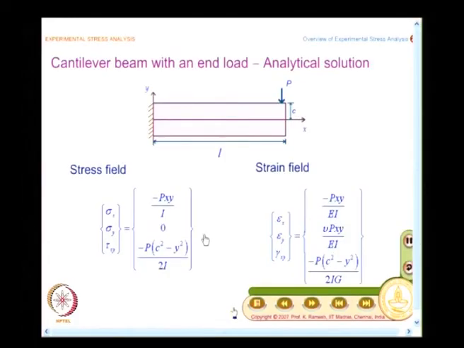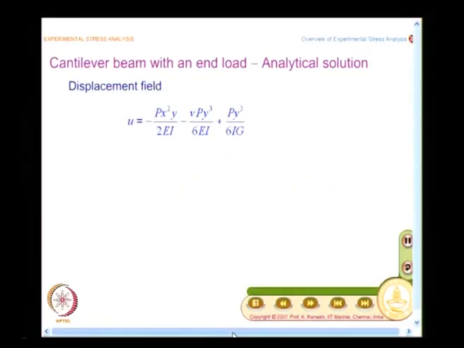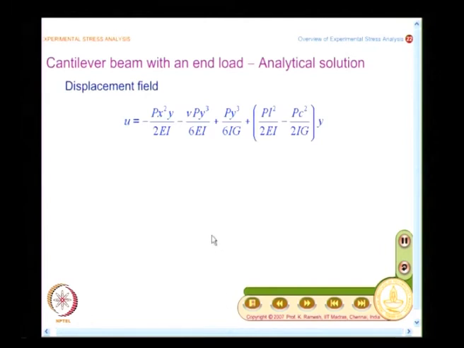And the point to note here is, when I do an analytical method, I am able to get the stress field, I am able to get the strain field, I am also able to get the displacement field, and that is what you see here. And displacement field is slightly more involved, and you would have worried in your basic course in strength of materials only on the V displacement, and when x is 0 you get PL cubed by 3EI, and you do not find out what happens for the V displacement as a function of y.